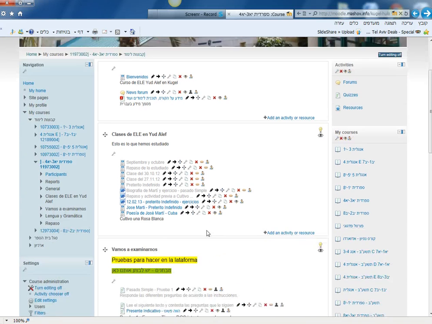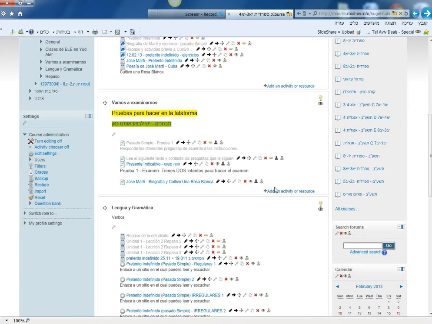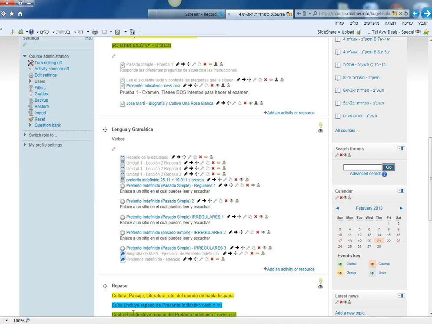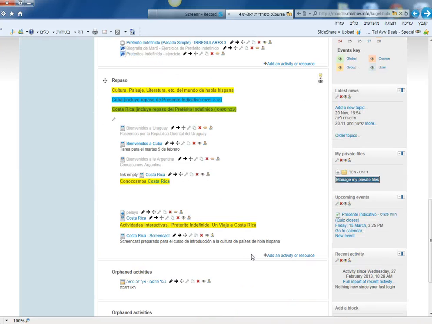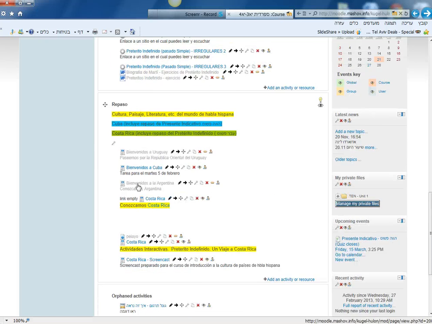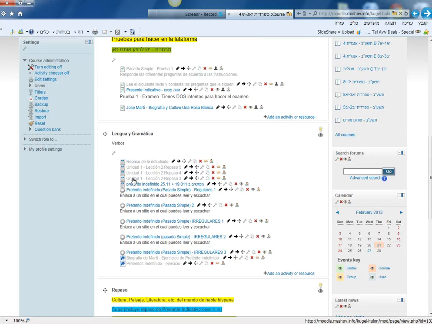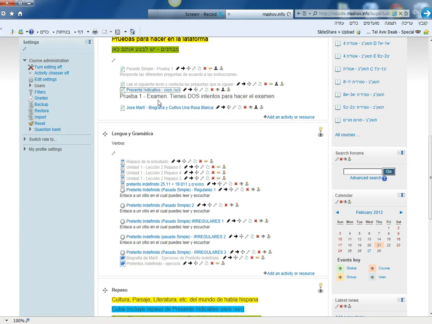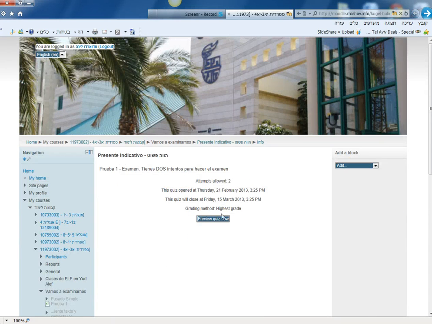That is to say, you can have a screencast within a screencast. The internet allows all sorts of possibilities, and we have to try to use as much as we can. There's the exam, for example. There's an exam that I prepared, and I'll share it with you. Again, in the exams, I simply use the available stuff